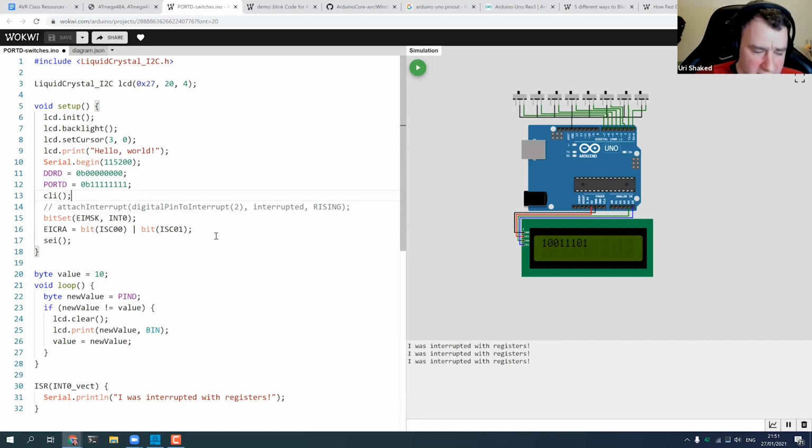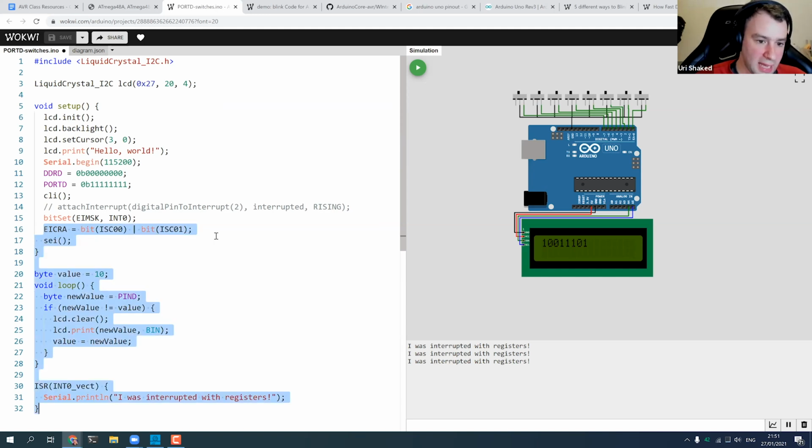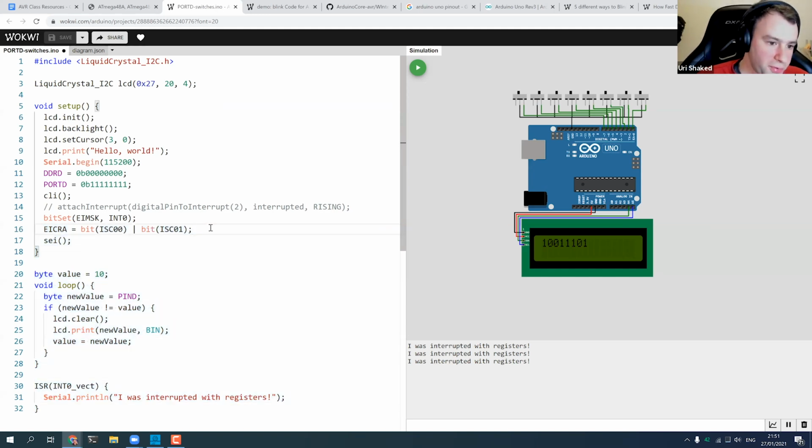Now, disabling interrupts is usually something that you don't want to do unless you need precise timing, or you want to write to a few registers and make sure that nothing happens in the middle. Like in this case, if I enable this interrupt but I don't set the condition, it could fire before I have this assignment done, because the previous condition was met. So it makes sense to first of all disable the interrupts and then set this up.